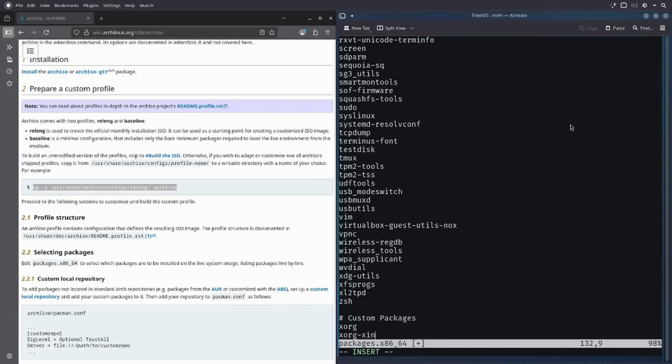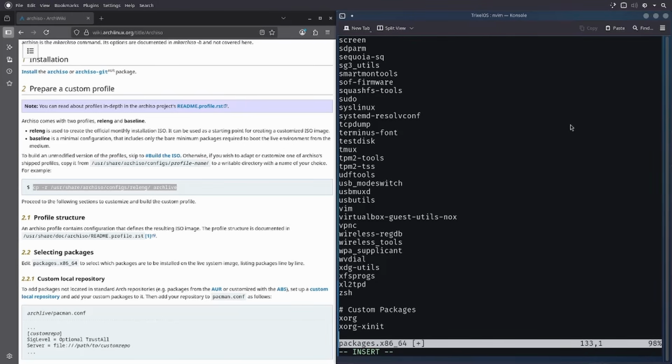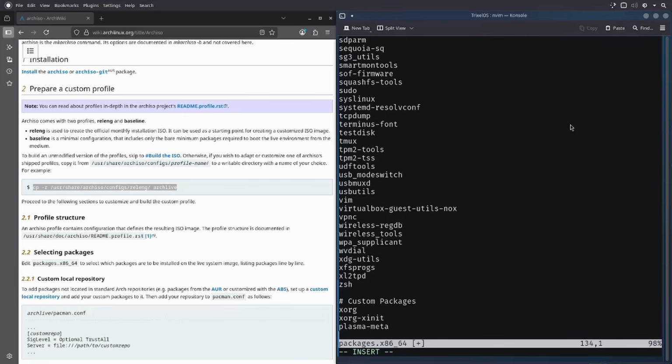Now the reason for this is for the live ISO. I don't want to use SDDM or anything, at least for this version of this. I don't want to go too crazy. I just want to simply make a KDE system that just automatically boots up and has the basic configuration that